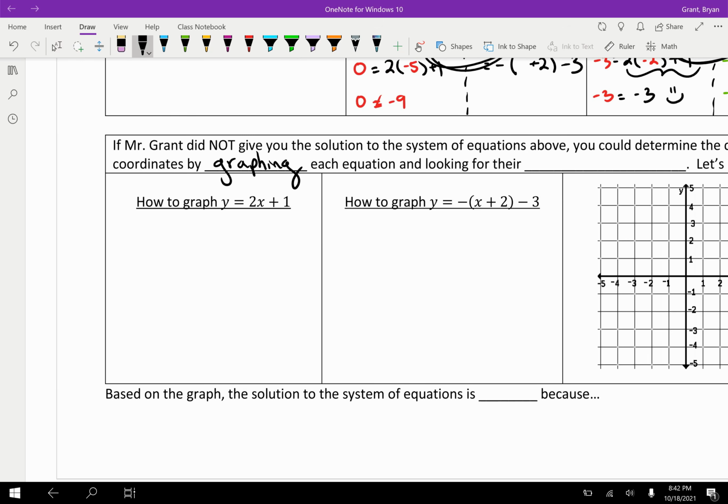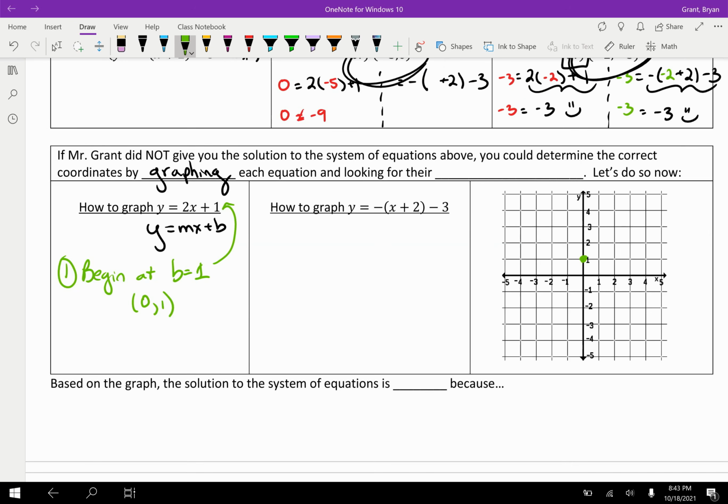And actually, let's do that first before we fill in the last blank. So just a quick reminder, we're going to graph something that's in the form of y equals m times x plus b. There are only 2 steps. My first step is you begin at b equals 1, right? That's our y-intercept. It is the point 0, 1,